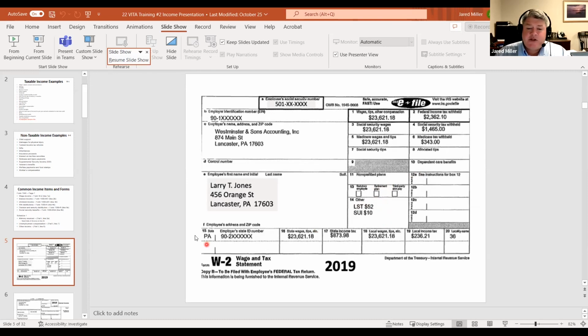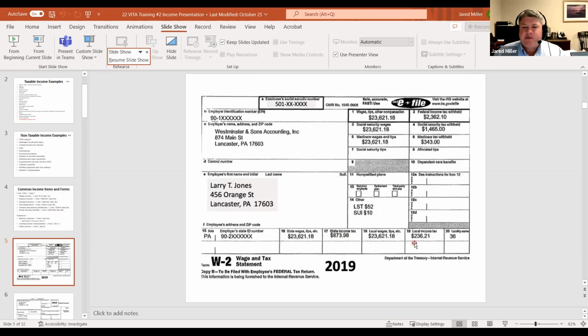At our session number 4, I'll talk a little bit more about our state and local, but just want to remind you that oftentimes the PA wages might be different from that of federal because there might be a couple issues, predominantly with retirement contributions or a few other things. So just be sure that when you take a look at state wages, state income tax withheld, local wages, and local income tax, that those are all entered as shown on the W-2.